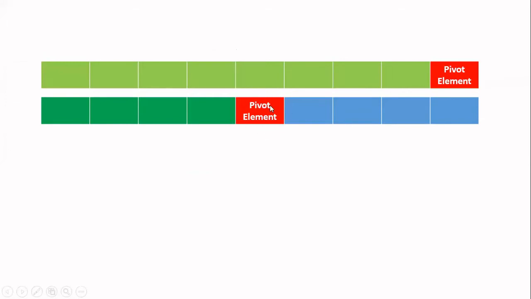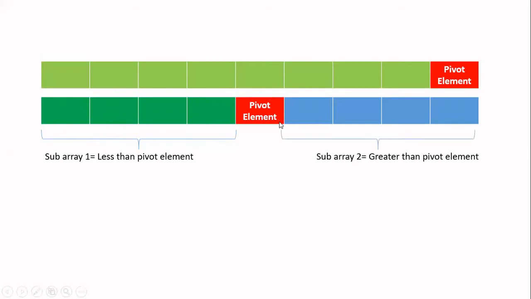Now, after I find the final position of the pivot element, I can say two things for sure. So what they are is, whatever elements I have to the left of the pivot element, all these elements will be definitely smaller than the pivot element. But they will not be in the sorted order. They can be of any order, but all will be less than the pivot element. And then whatever element you have in the right part of the pivot element, all will be greater than the